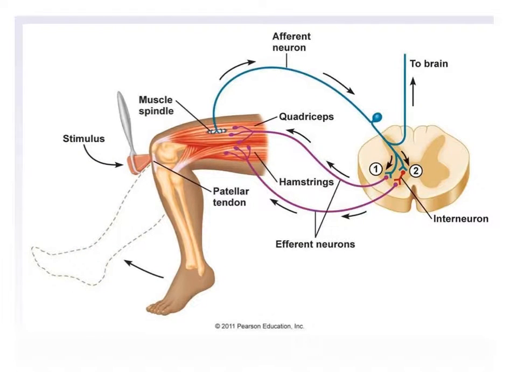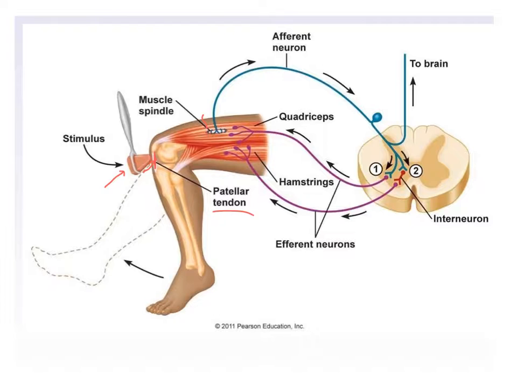And here's a diagram of the patellar reflex. So here is the percussion hammer, which is being lightly tapped on what's called the patellar tendon here. I've seen it called both ways. Ligaments go bone to bone. The patellar tendon's kind of a different one. But anyways, when it gets tapped,